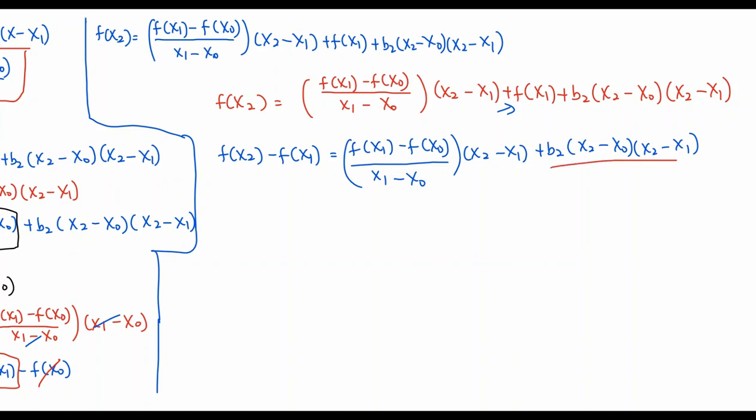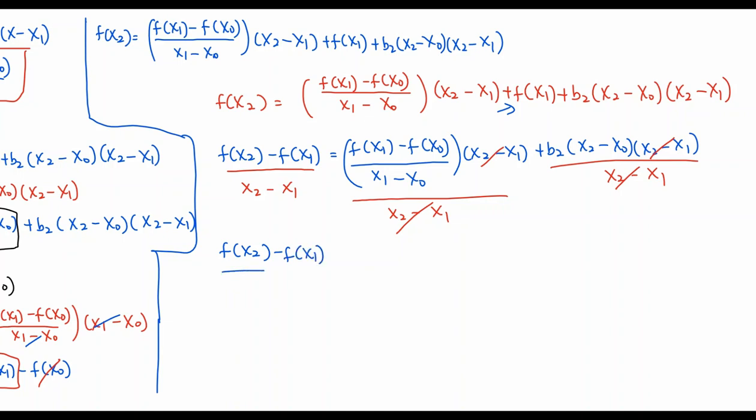Okay, so you're going to have divided by x2 minus x1. All this divided by x2 minus x1, and then here you're going to have divided by x2 minus x1. So this will cancel out this, and then this will also cancel out this, right? So let's look at what we are going to have. We are going to have f of x2 minus f of x1 over x2 minus x1,